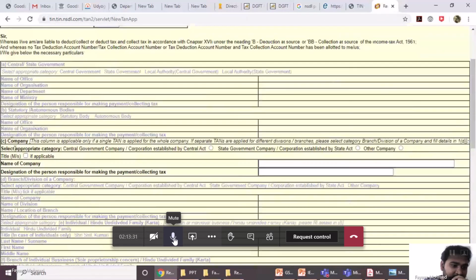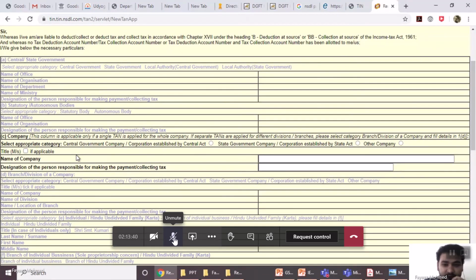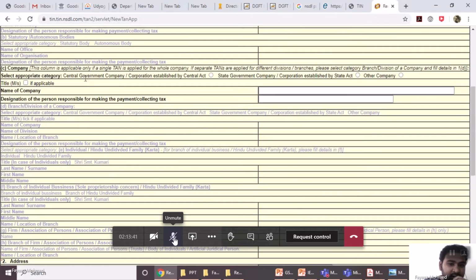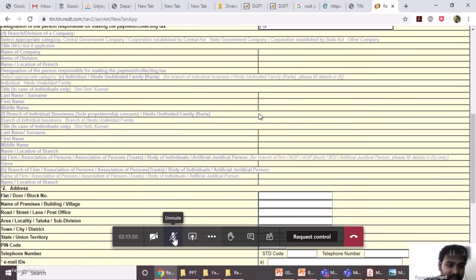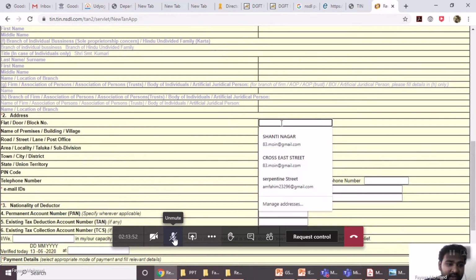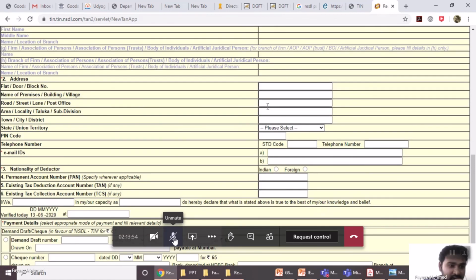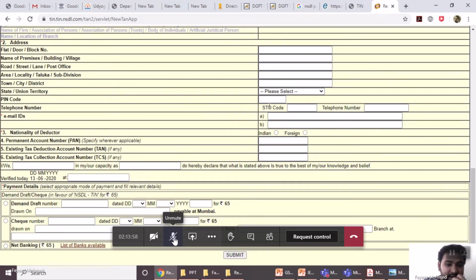For company, select the appropriate category: central government company, state government company, other company, and you have to enter the name of the company and the designation of the person responsible for deducting and collecting tax. And the address of the company you have to enter, road, street, town, and pin code, email ID,